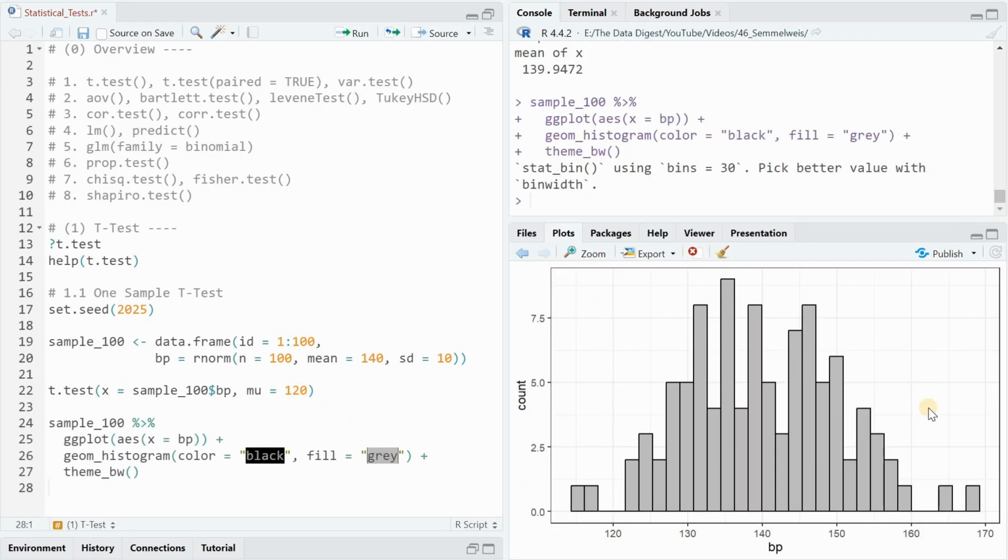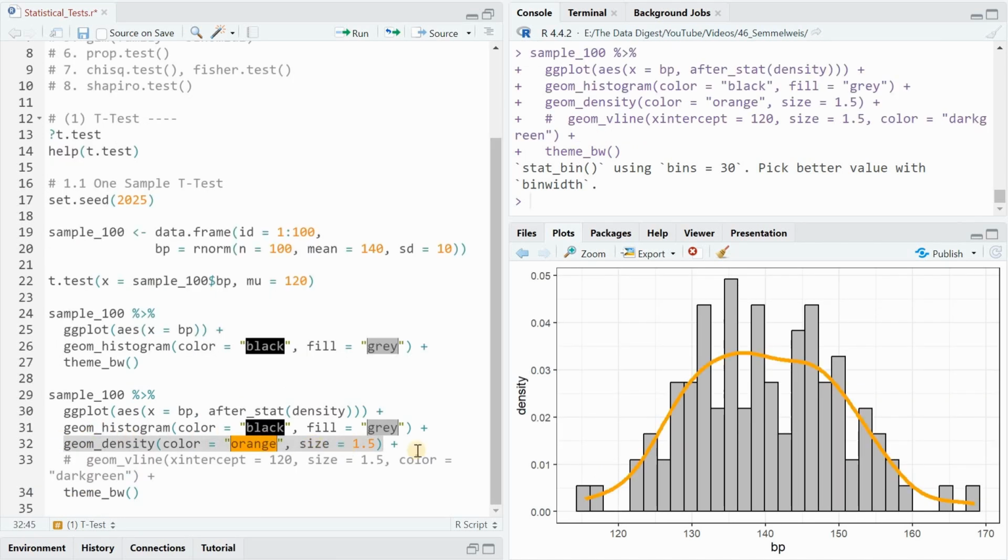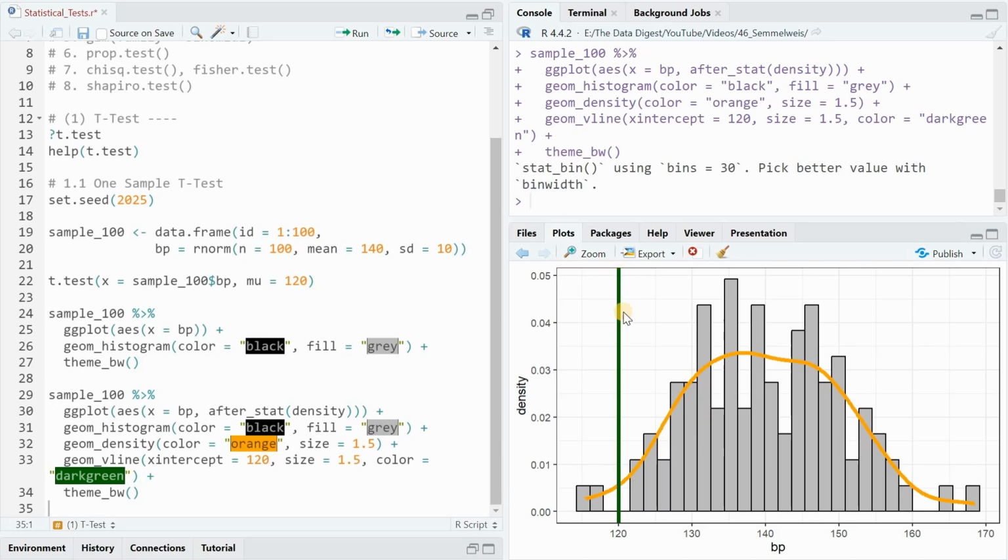It's always a good idea to visualize your distribution or your sample. Here with a simple geom_histogram, you could add the density distribution in orange, so you see it looks pretty normal, and we can add a vertical line at the position 120 to show that this is the mu we want to test against and ask if our distribution and its average is different enough from this 120,